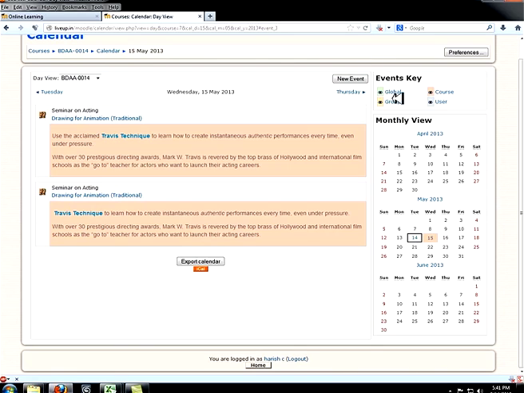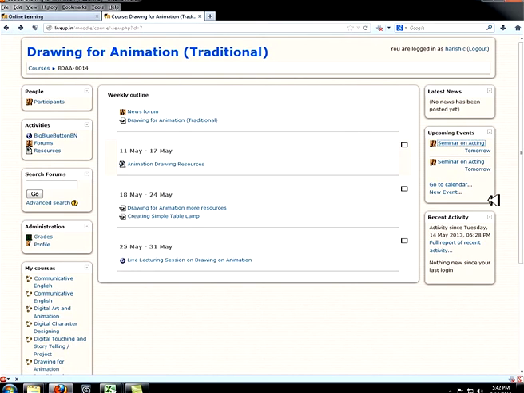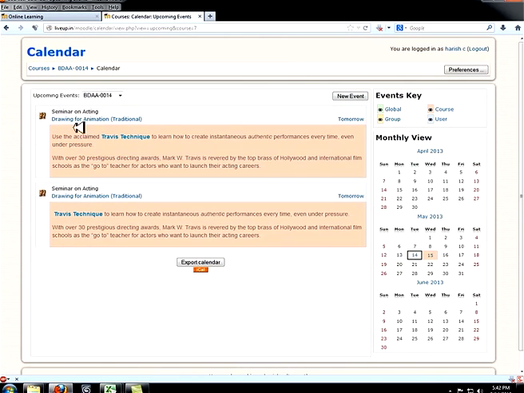These events can pertain to global events, or to every student and faculty, or it can be a course event or a particular group event. There can be a group of people, or it can be for particular users also. Here you'll find the calendar. We can hover over it and find various other events also. You can also access the calendar below the upcoming events: hit Go to Calendar, and you can see the details of various events.